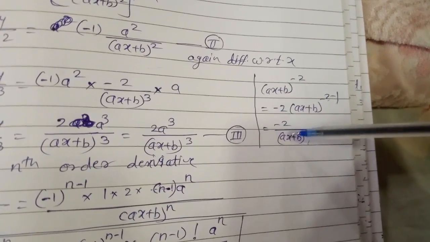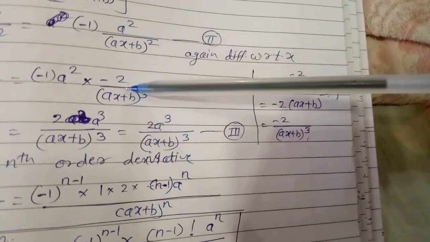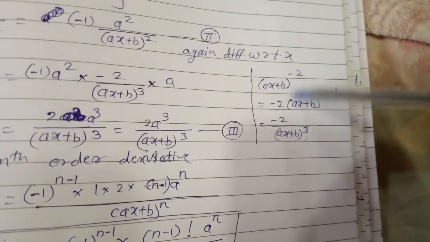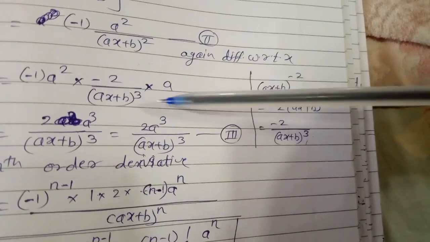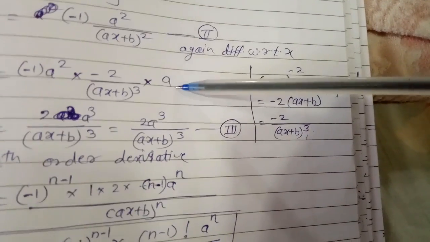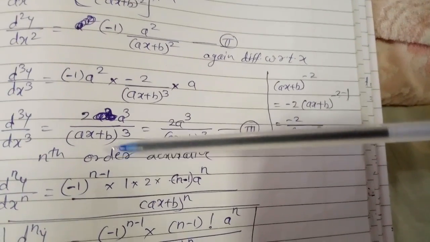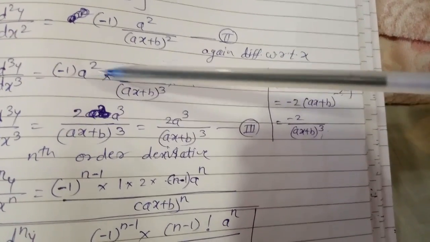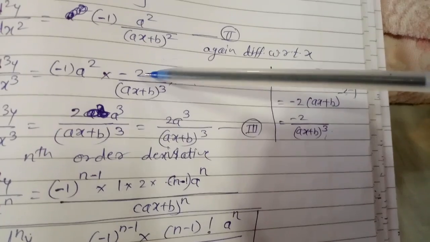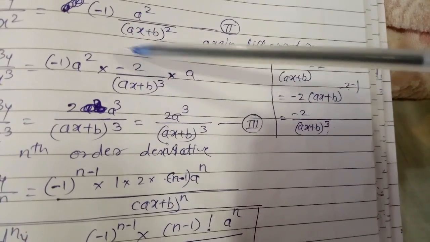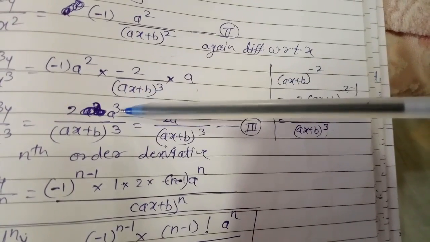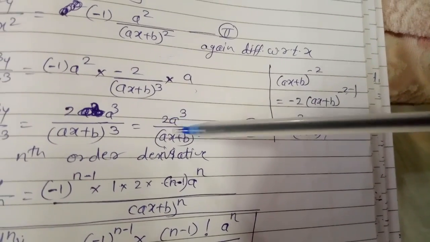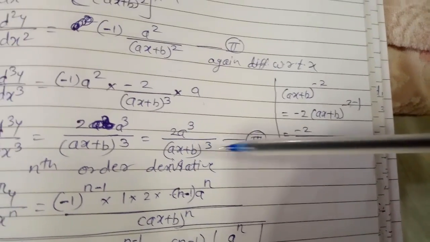So we directly put this quantity here, that is -2 upon (x plus b) cubed. I already explained here how this quantity comes, and into the derivative of this part, that is a. So see finally what we get here. So we just write here -2. So it's minus times plus, so 2 and a squared into a, so we write here a cubed upon (x plus b) cubed. I just rearranged this, that is 2a cubed upon (x plus b) cubed.